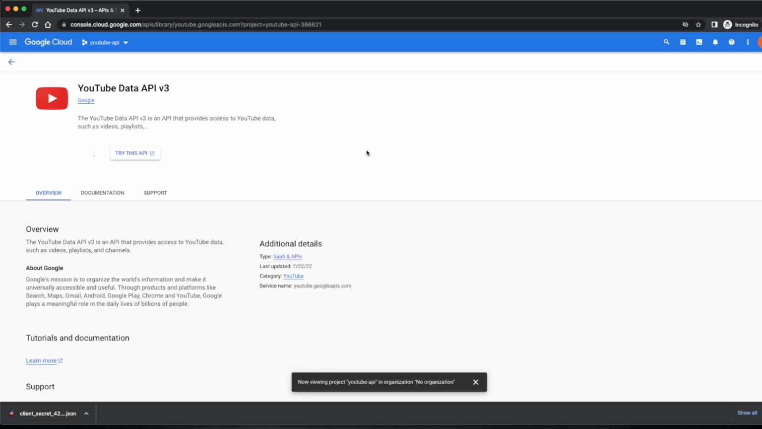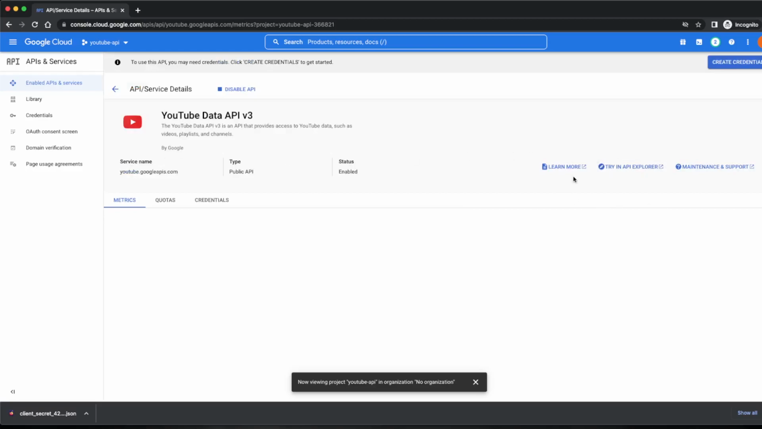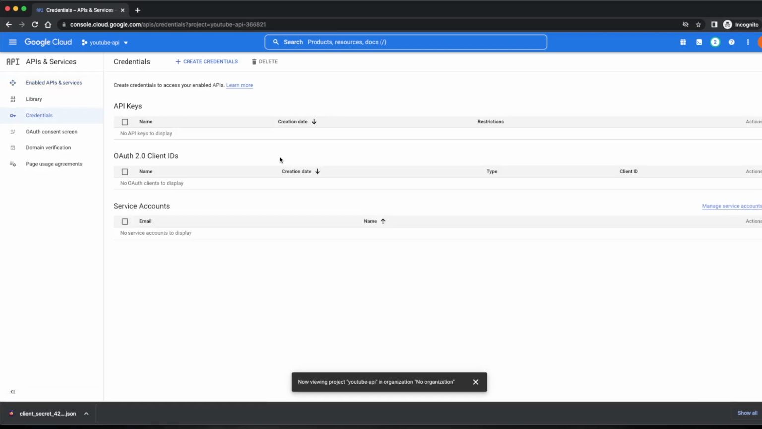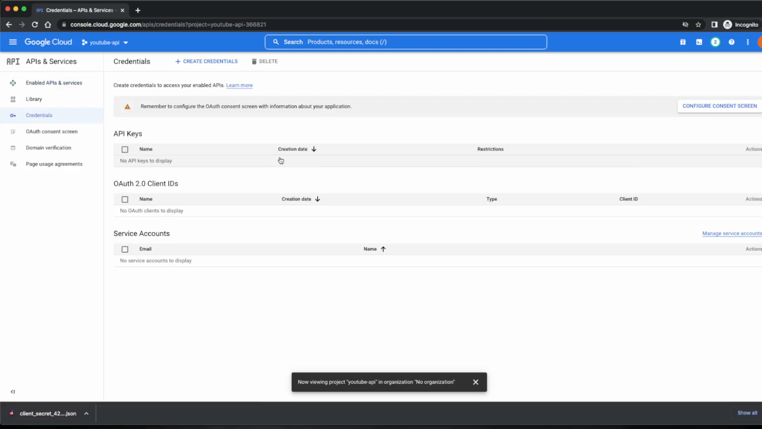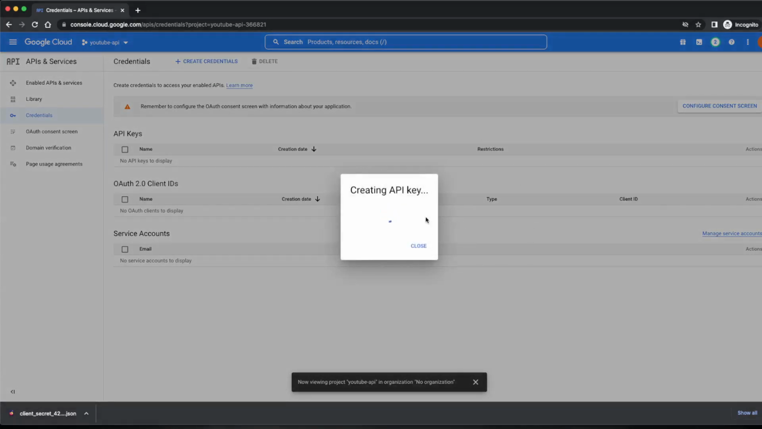and in a few moments it will be enabled. Okay, so it is enabled, and this shows that it is enabled. Now to access this API, there are two ways of accessing it. The best way is by creating your API key. To create the API key, we just need to click on create credentials